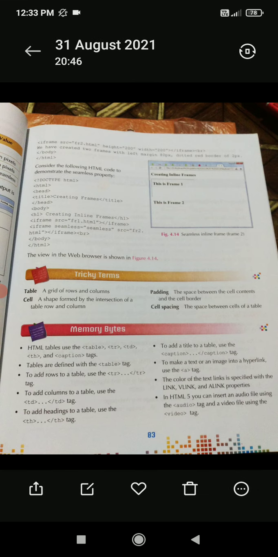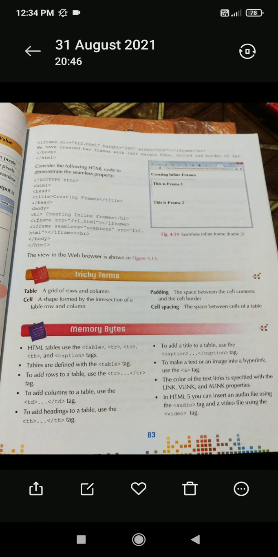I am repeating again. Cell padding is the space between the cell contents and the cell border, full stop. Then you will change the paragraph and write cell spacing,